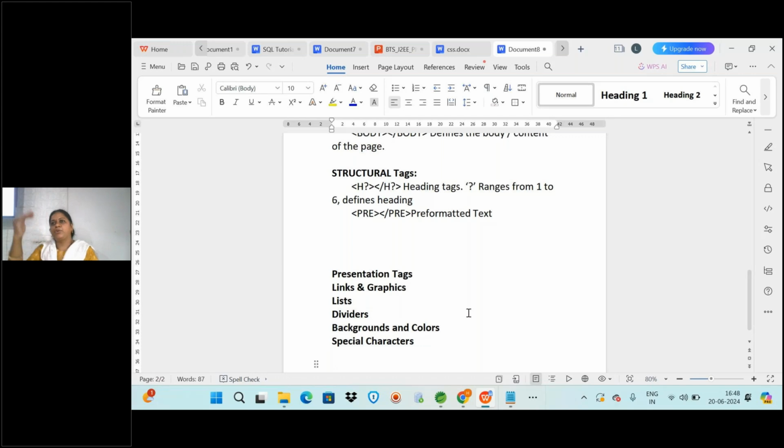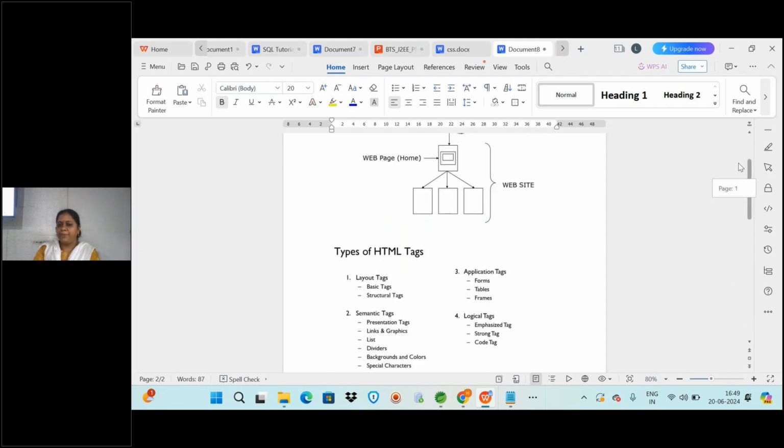You will see drop down lists on web pages. How are you going to display that list? Dividers like the break tag and other such tags you will see, and how to apply background colors for specific tags also, and if you want to display some special characters, you will display that with these tags. And after the presentation tags you also have the application tags.